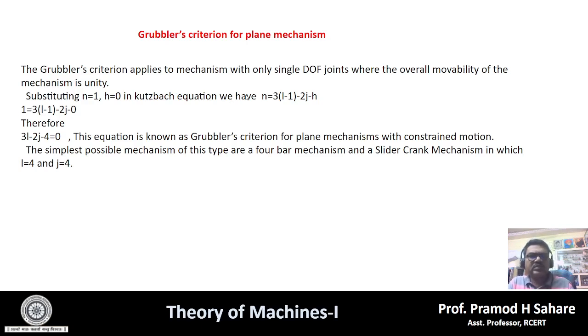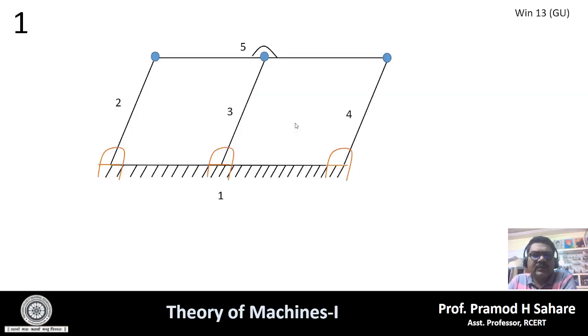Today we are going to discuss some basic numericals based on these degrees of freedom. We need to calculate the degrees of freedom of the mechanism as the figure shown in the slide. Here, as you can see, we first need to identify how many links there are. If you see, the links are total 5. This is the first link, this is the fixed one, this is second, third, fourth, and fifth. So 5 links are there. So we can say the number of links L equals 5.